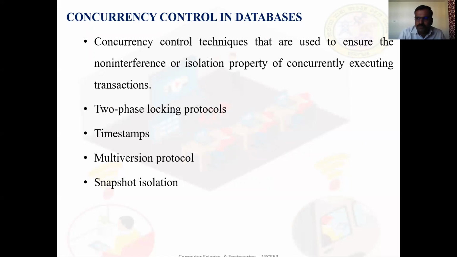Another factor that affects concurrency control is the granularity of the data items, that is, what portion of the database a data item represents. An item can be as small as a single attribute value or as large as a disk block, a whole file, or even the entire database.